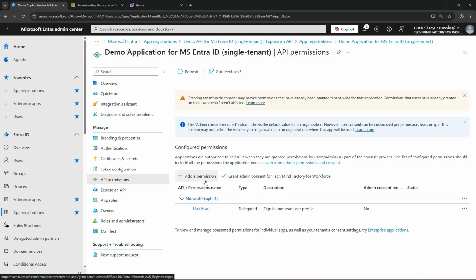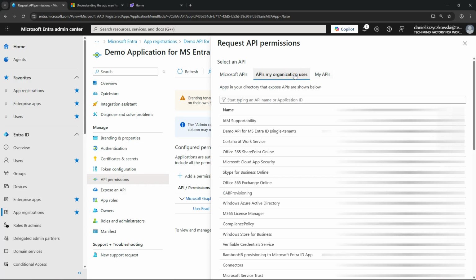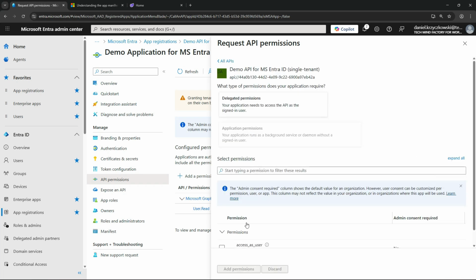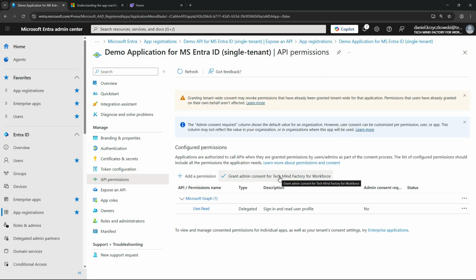So in this case, what I could do, I could click add a permission, and here API is my organization uses, right? And here is my demo API for Microsoft Entra ID. And here is my scope, access as user, as we saw before. And if I add this permission and I will click grant admin consent for TechMine Factory for workforce, then it means that the consent screen will not be displayed for this API, because it means that administrator reviewed this application and users will not have to consent actually, and applications will still obtain an access token to call the protected